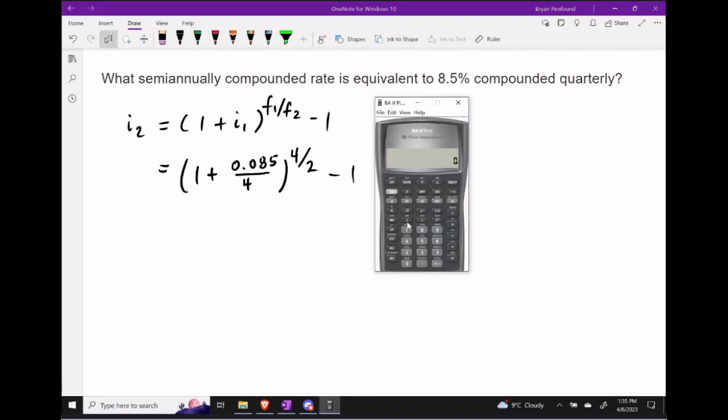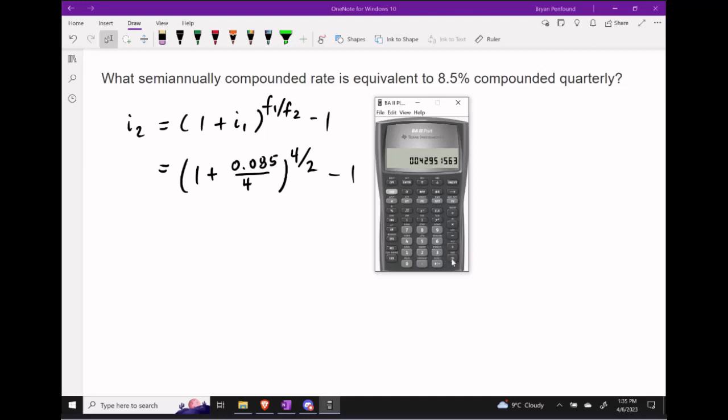We will take an open bracket, 1 plus 0.085 over 4. Let's close that bracket and raise all of this to the power of 4 divided by 2. Raise this to the power of 2. Hitting the equals button and then subtracting the 1 that we need to should get us to a decimal approximation